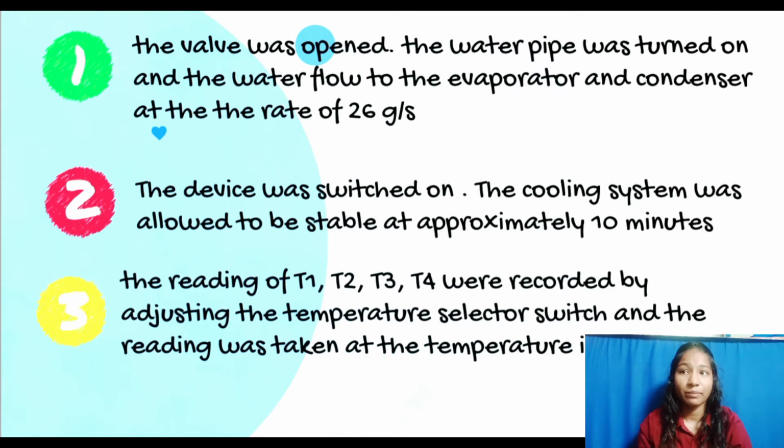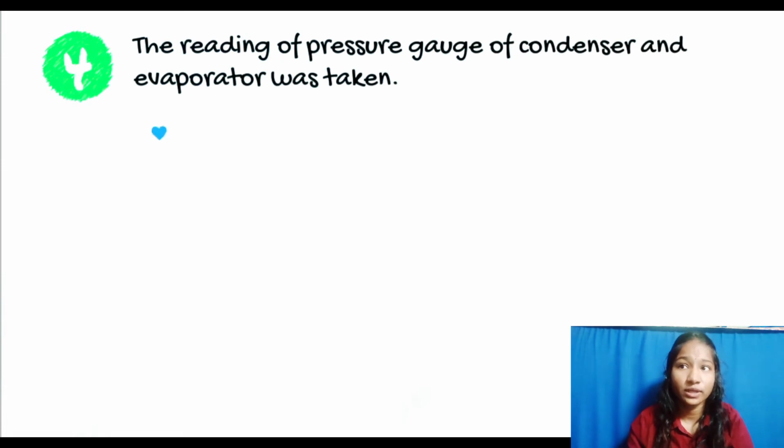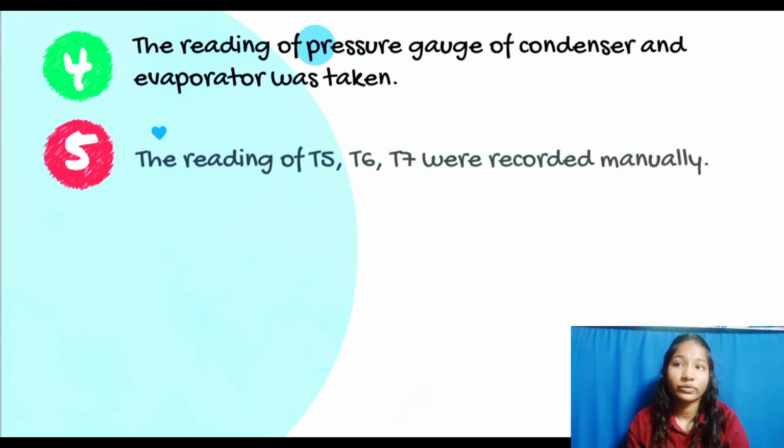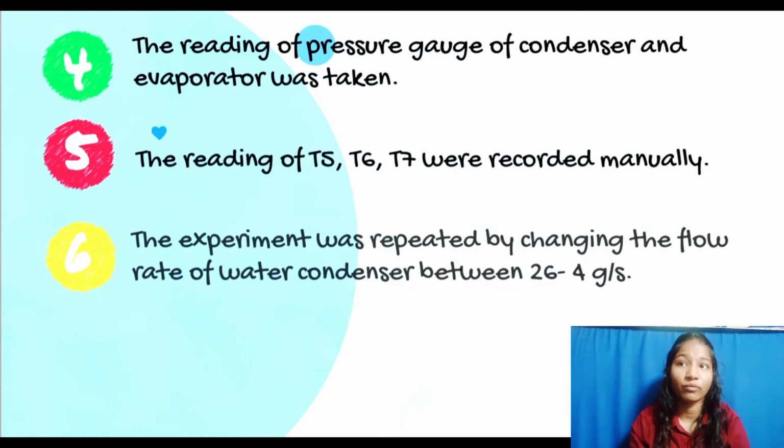The third step is the readings of temperature 1, temperature 2, temperature 3, temperature 4 were recorded by adjusting the temperature selector switch and the reading was taken at the temperature indicator. The fourth step is the reading of the pressure gauge of condenser and evaporator was taken. The fifth step is the reading of temperature 5, temperature 6 and temperature 7 were recorded manually. The sixth step is the experiment was repeated by changing the flow rate of water condenser between 26 to 4